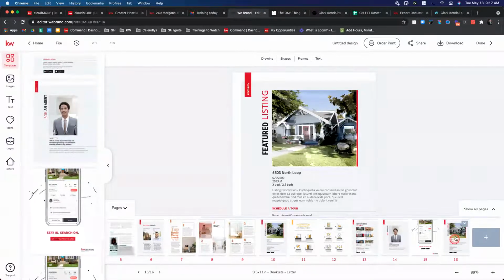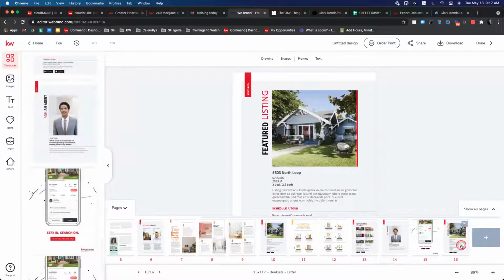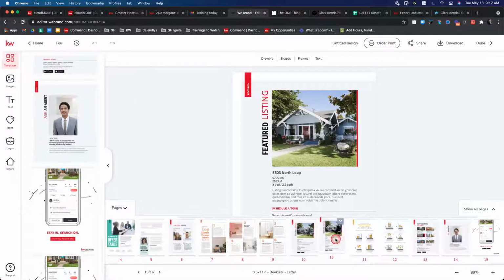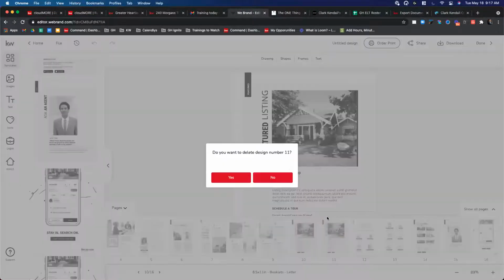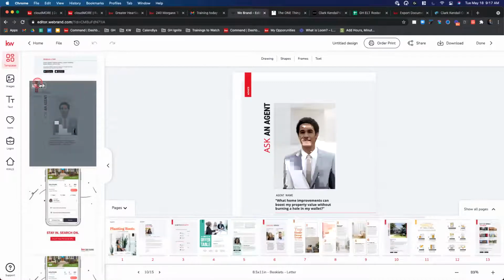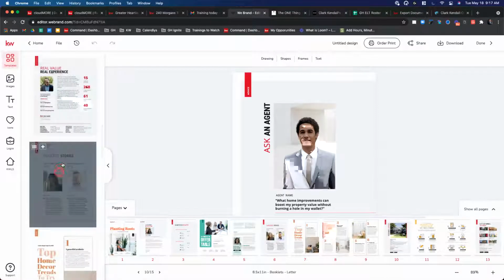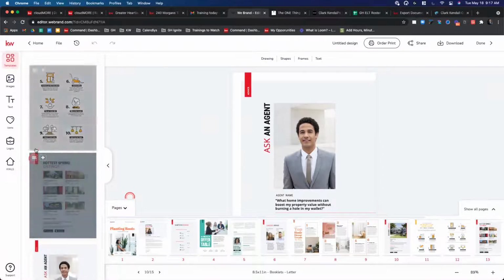So let's take page 16 out. I just did want to demonstrate. Let's say we're going to put 2 featured listing pages on here. Right, so I got one at page 10, one at page 16. Know that you can alter all the order of these. Right, so I can customize this. But being as we got one, let's go ahead and say, yeah, you know what? I don't want 2 featured listings in there. Let's highlight a vendor. And I'll use this page that's Ask an Agent as my vendor. Or it might be best, instead of success stories, you could put a couple vendors in here, just changing the wording on there. So let's go ahead and use this one, and we'll put it at the end.